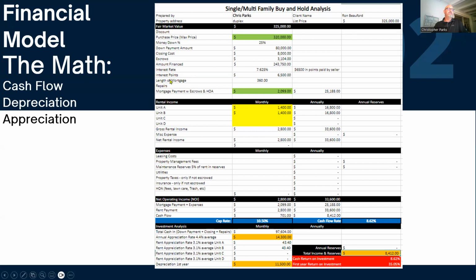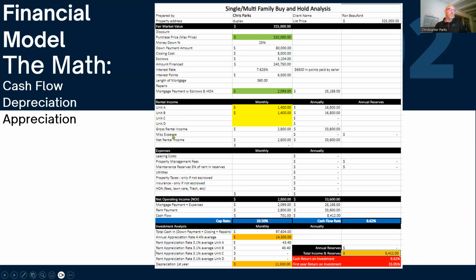you can see pretty quickly that his monthly payment, including escrows and prepaids and all that stuff, is coming out to $2,099, which annually is $25,188 with the entire taxes, insurance, everything included, so $25,000 for the year. Now, this is his payment. Now we come down, he has 2 units, unit A and unit B. So they're currently being rented out for $1,400 apiece, which means you're getting $16,800 each one. And that the total is